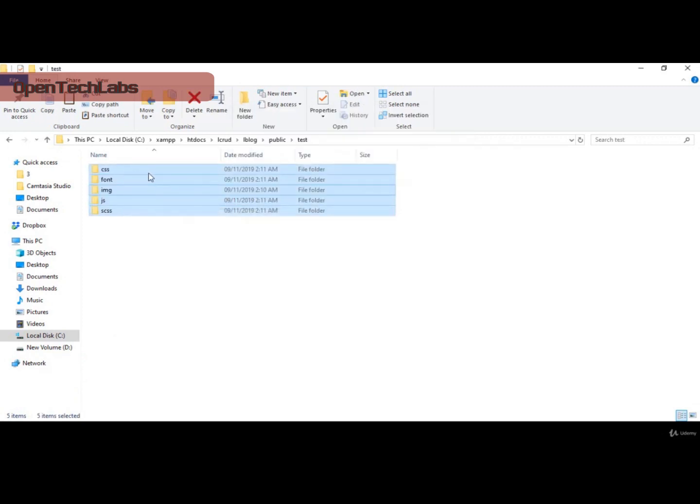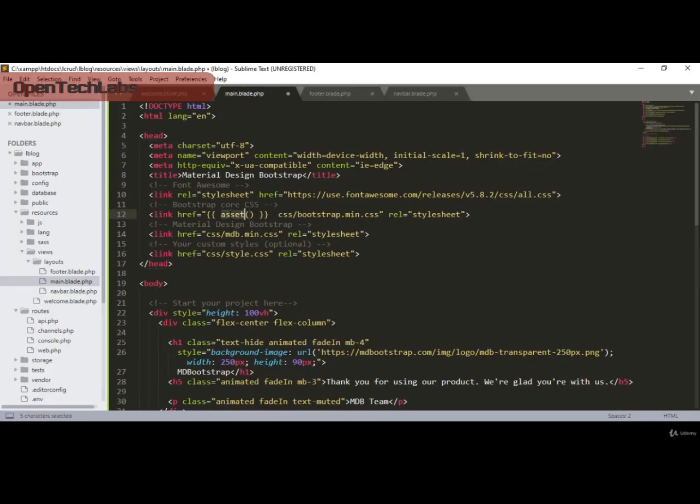And now I want to link that page. So in our project, I assign it with the asset, and after that asset the public and then the test. So here you have to assign it. I just define that asset, and after that asset here you have to define your public, that means the public folder. After that public folder I created one folder as a test. So I just define it as a test, and after the test here you can see there